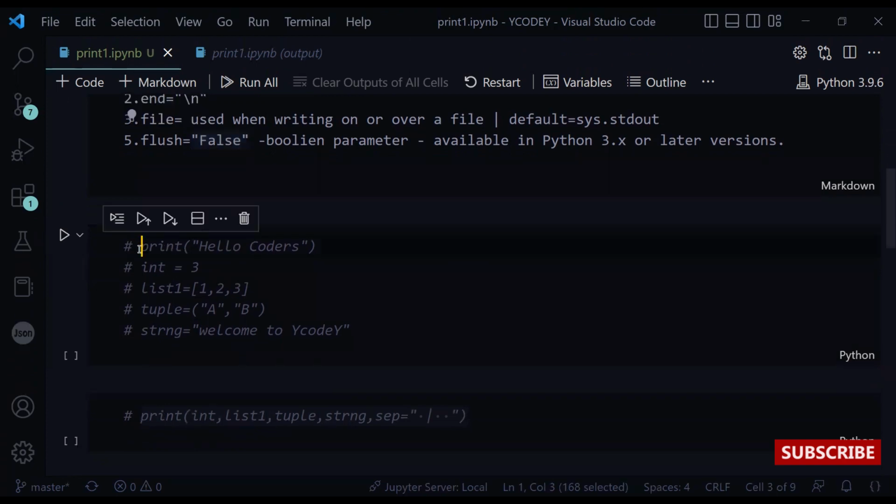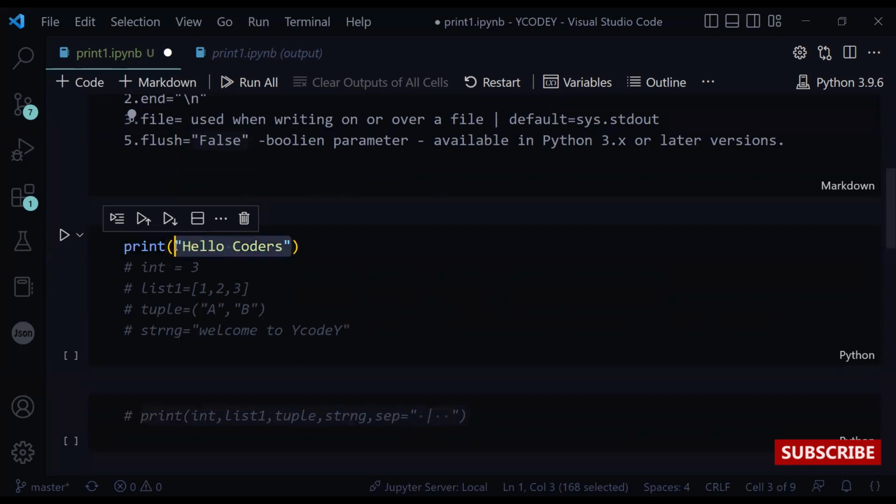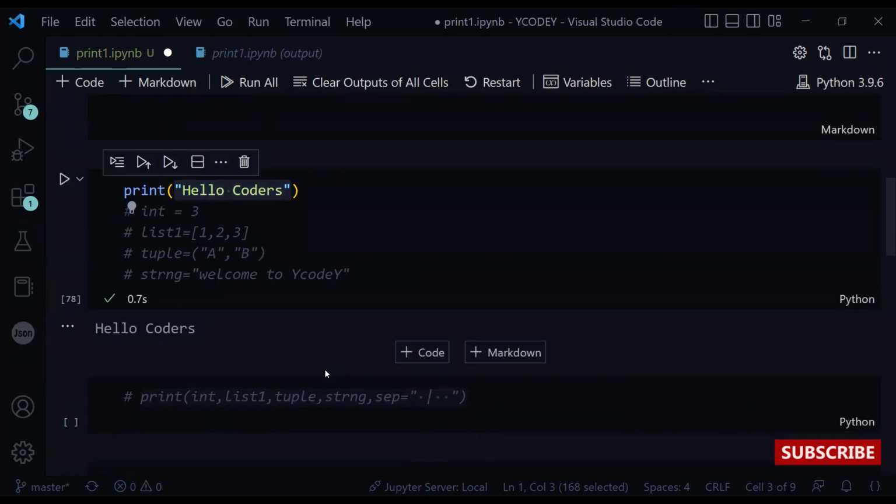For a deeper understanding, let's go through some examples. Here we are going to print "hello coders", a string, and when we are using this print, we have this print, and within parentheses whatever you need to show to our user. So let's play hello coders. Then again I'm going to print some other variables into our print function.